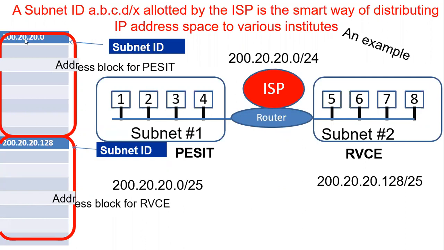The first address is always considered as your subnet network ID, and your mask will increase by 1. Now, once it gets divided into 128, how many bits are required? To represent 128 addresses, 7 bits is sufficient. So we have the remaining 1 bit. That 1 bit will identify whether it is the PESIT network or the RVC network. So the mask will become 25. In other words, we are taking 1 bit from the host ID as a network ID. We are borrowing one bit and increasing the network ID. So that is a subnet.